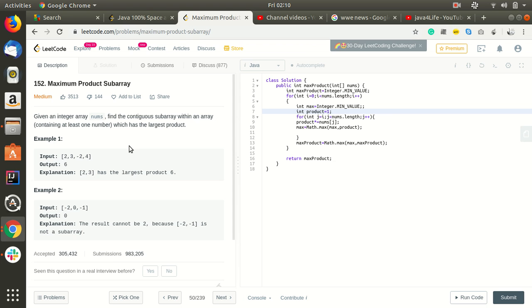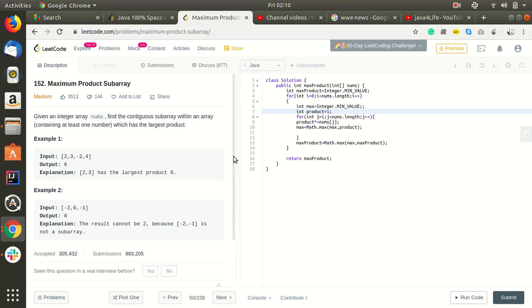If it contained only positive values, then we would just need to multiply all the elements. But if it contains negative elements, then the product can go negative as well. So we need to find a subarray which results in the maximum value. In this, 2 into 3 is 6, 6 into minus 2 is minus 12. So that's not a big value, and 2 into 3 into minus 2 into 4 is minus 24. So basically 6 is the largest value.